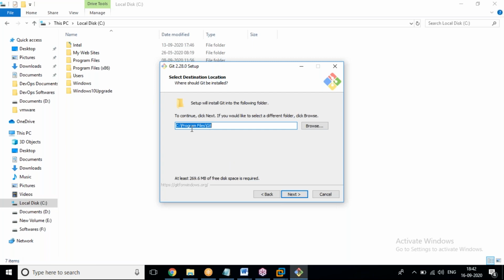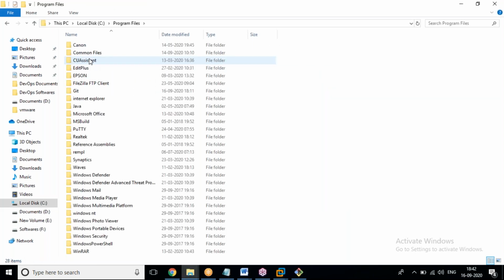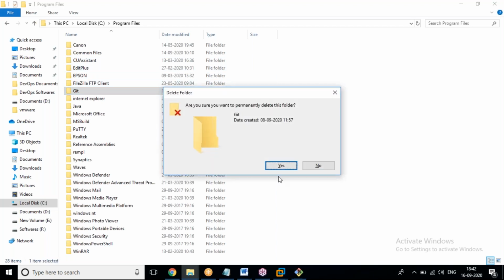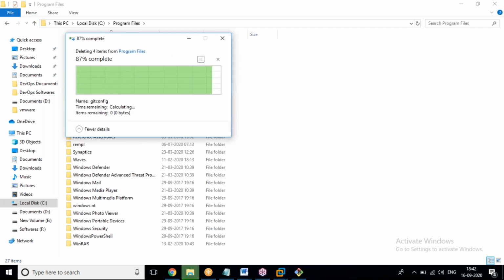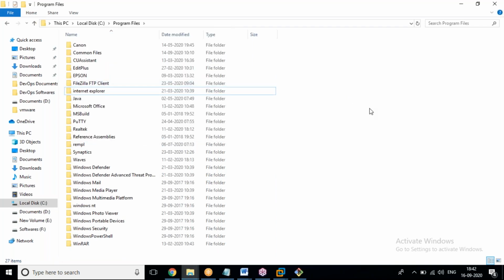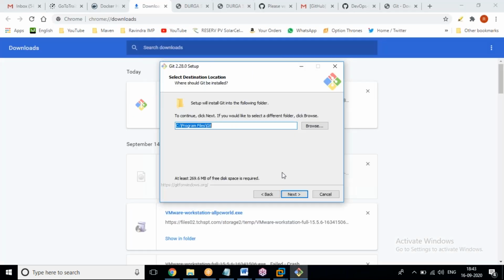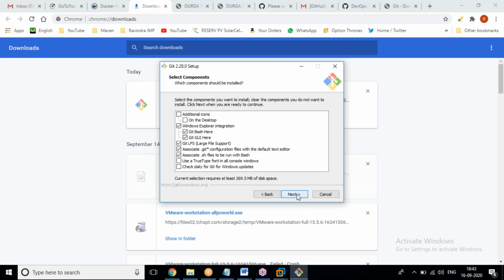So that is removing that Program Files folder. Okay, you can see here, now I'm going to remove this one. Already it's available. Yes, gone. Now you can close it. Now click on next.